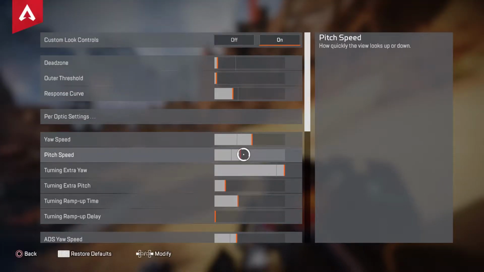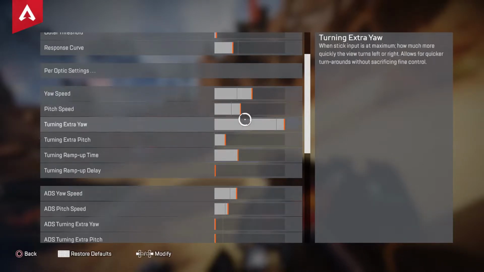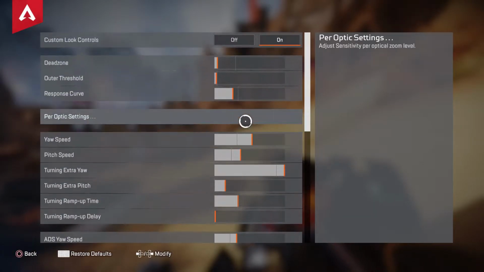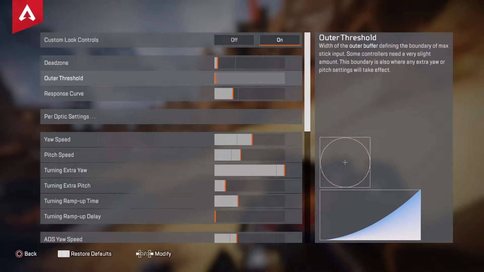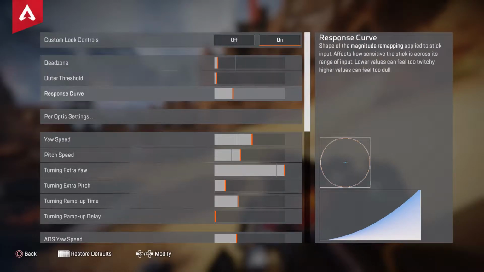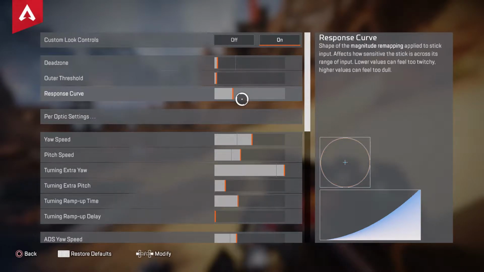Again, I kind of run low sense, so my sense is like 5.3 if you were to map it. But let's get into the ticks real quick. So dead zone, 1 tick. Threshold, same, 1 tick. Response curve is going to be 1, 2, from the left of this line right here, which is default, which is classic response